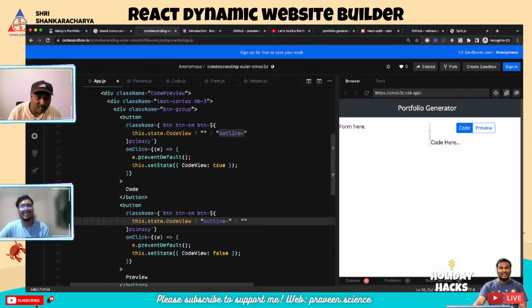Right. So we have got the preview here, and we have got the code here. The first thing we can easily implement is the code. So we will go to Manju's portfolio here and copy the whole code. And this is going to get interesting now. So what I'm going to do now is,